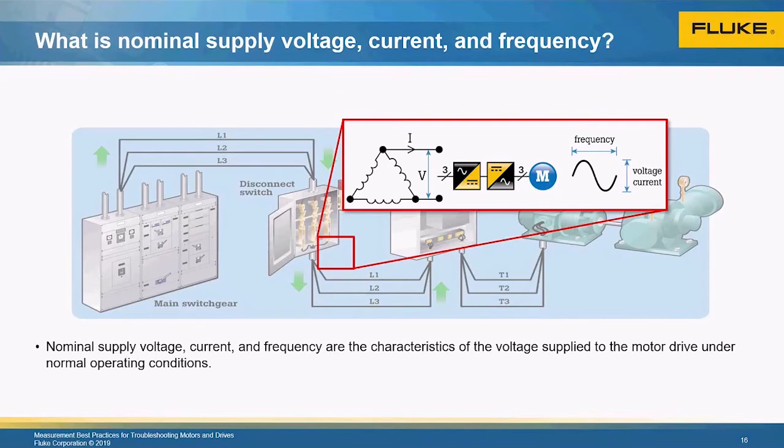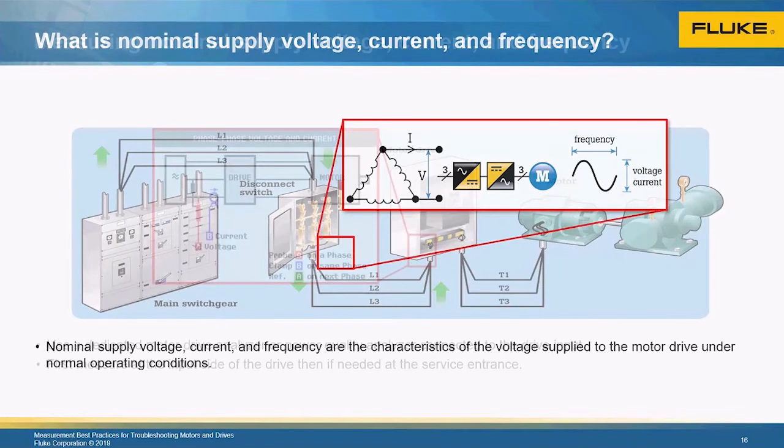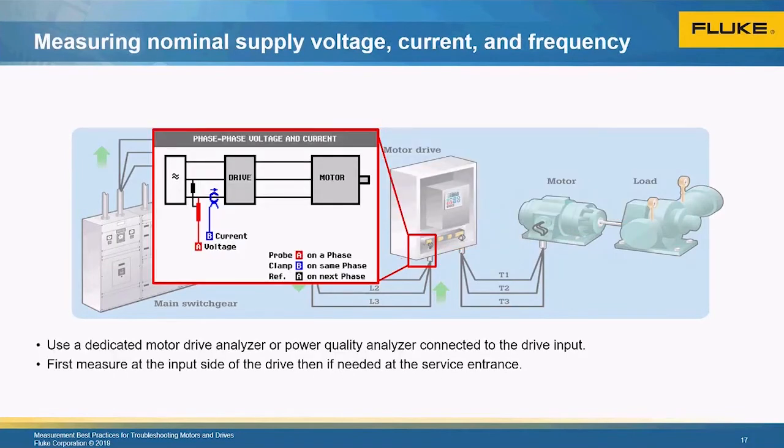Is it balanced? What's the current draw look like? Is that balanced? What's the frequency going into the drive? And so I'm going to start to show you some wiring diagrams off of portable devices, things like motor drive analyzers, power analyzers, scopes, and the ability to be able to look across all three phases at the same time